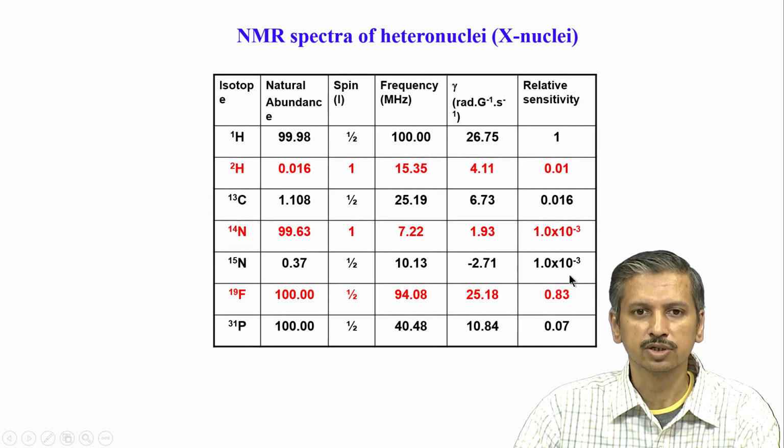So, fluorine and hydrogen you can think of as similar types of nuclei, but fluorine has many other properties that are useful for studying the nucleus, but we will not look at it in this particular course. Phosphorus-31 is something we will try to look at when it comes to nucleic acids, and there you can see again the sensitivity is not so bad, it is about 100% abundance, and the gyromagnetic ratio is about 2.5 times less compared to proton. So, sensitivity is still much better than carbon and nitrogen.